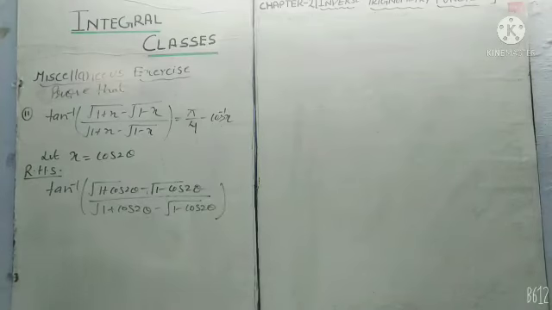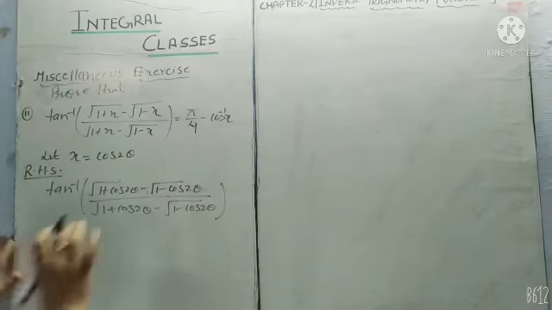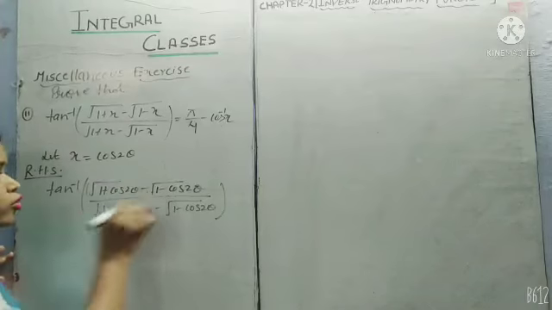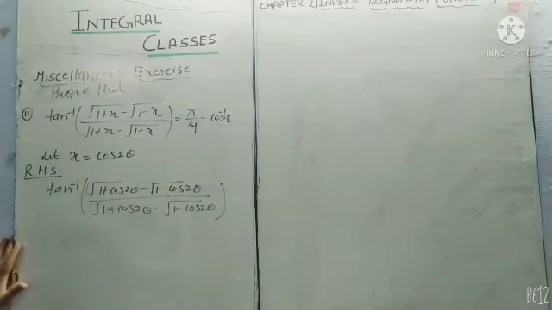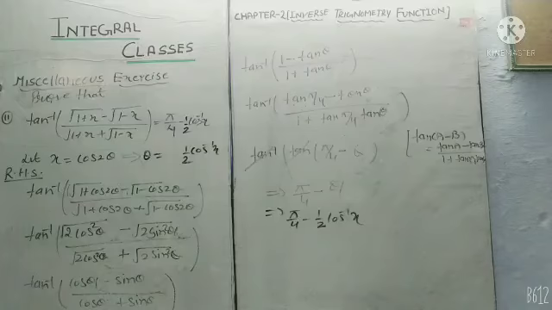Now student, we are now familiar with these two formulas. They are very important formulas and mostly used here. So we will apply them. Now we will replace 1 plus cos 2 theta with 2 cos square theta, and minus 2 sin square theta. Then like this we will get, here, cos theta minus sin theta upon cos theta plus sin theta.